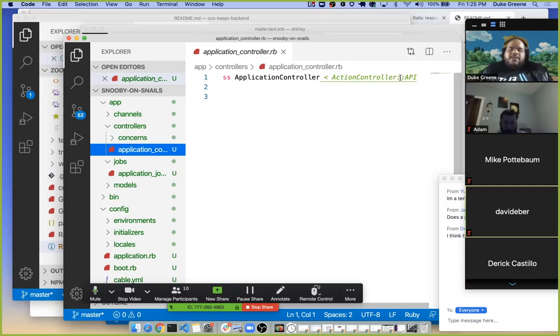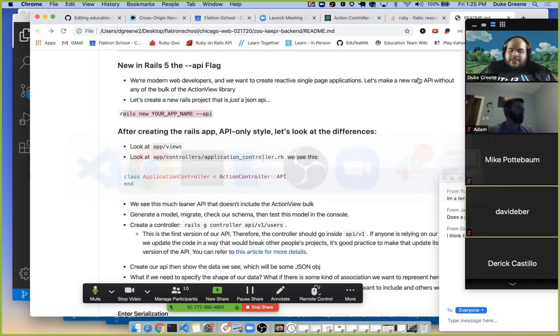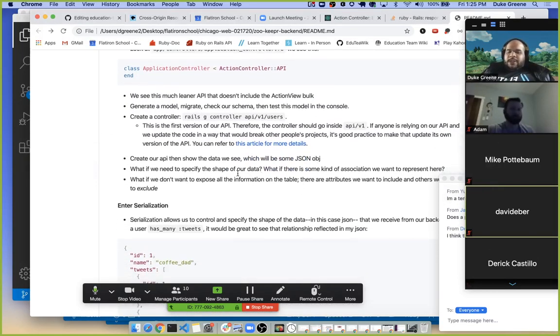Just give me the scooter. Just give me the stuff that I need to be an API that knows how to respond to requests at different routes, right? So cool, we're a little bit less bulky now. We're going to generate a controller using a different syntax than the one that we've used before, because with APIs